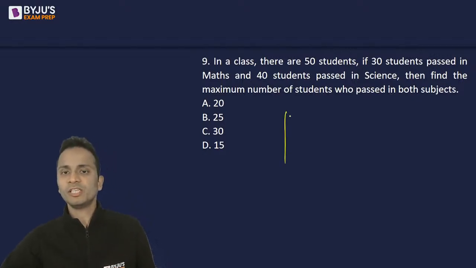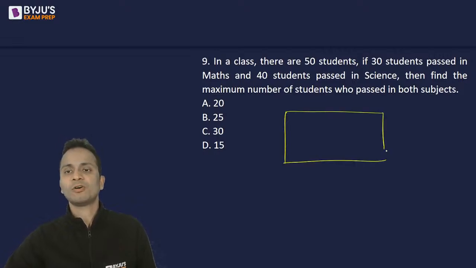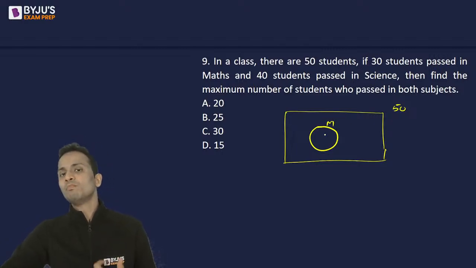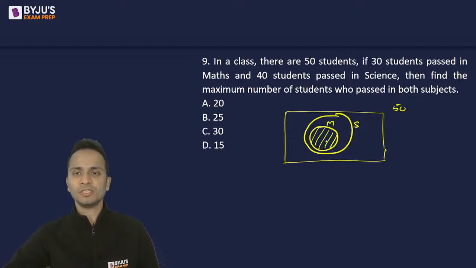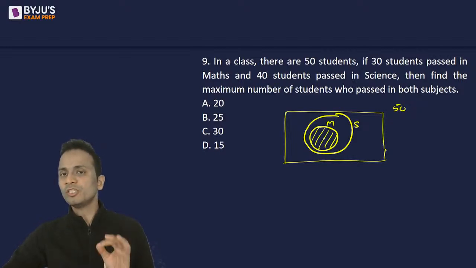If this is the universal set of 50 students and 30 students passed in maths, then to maximize the number of students who passed in both subjects, I should draw the circle of science such that it completely overlaps the circle of maths. This region represents the students who passed in both